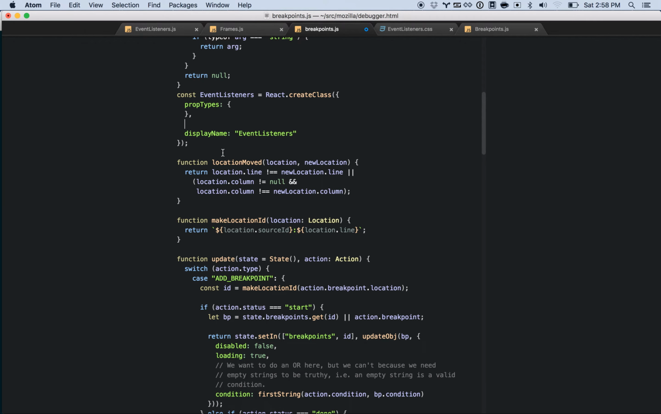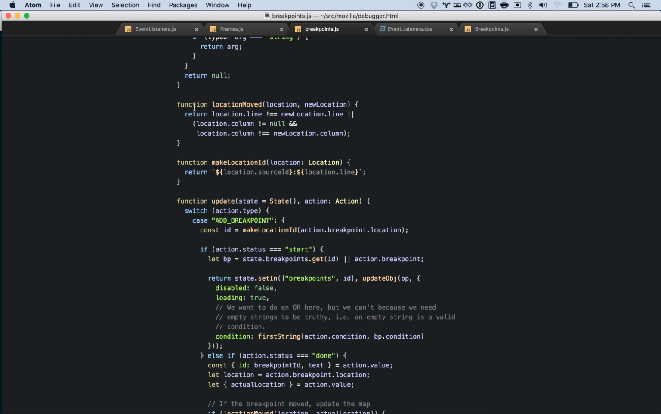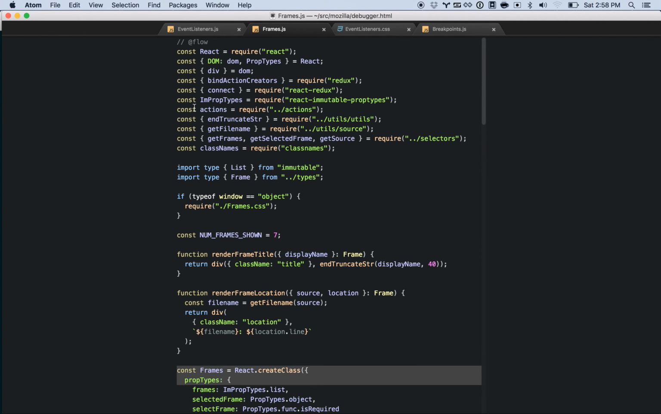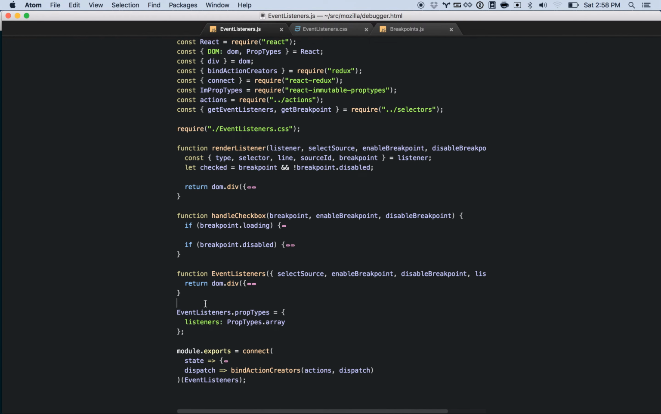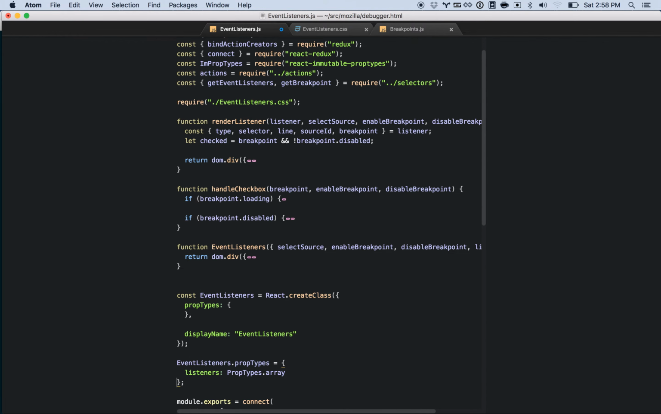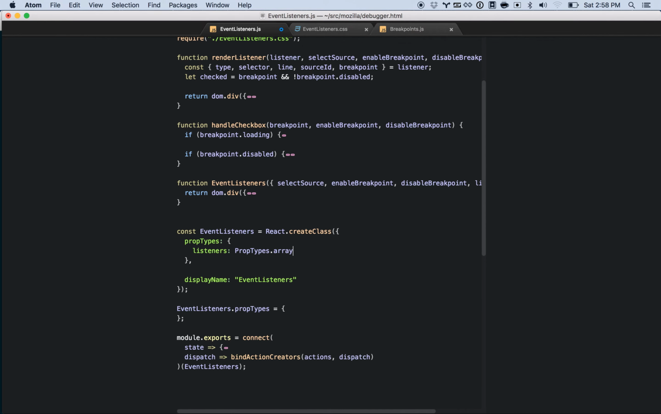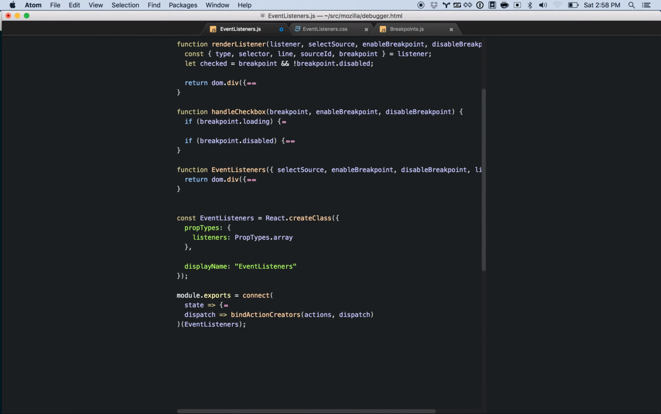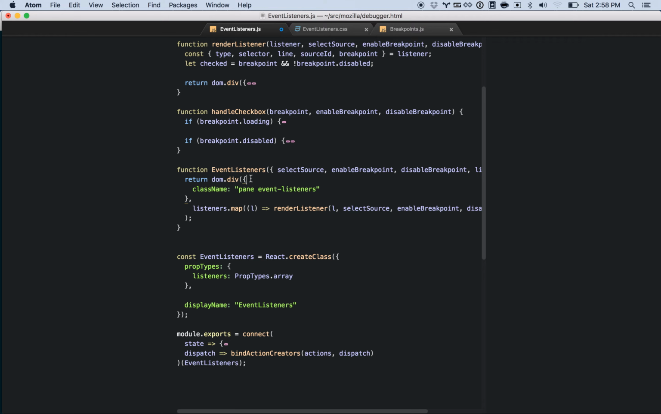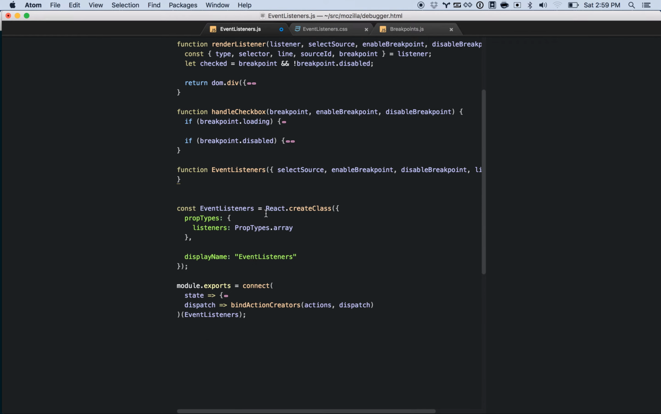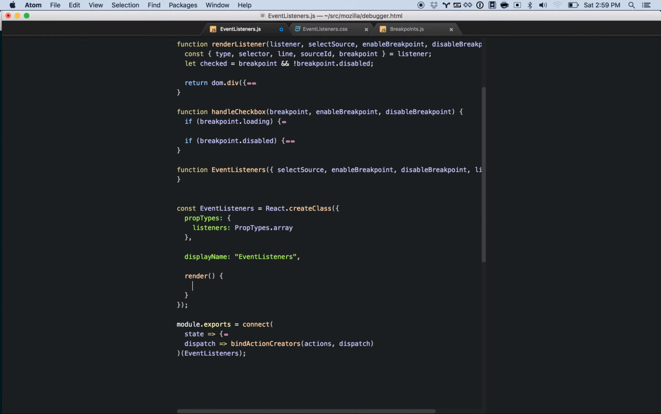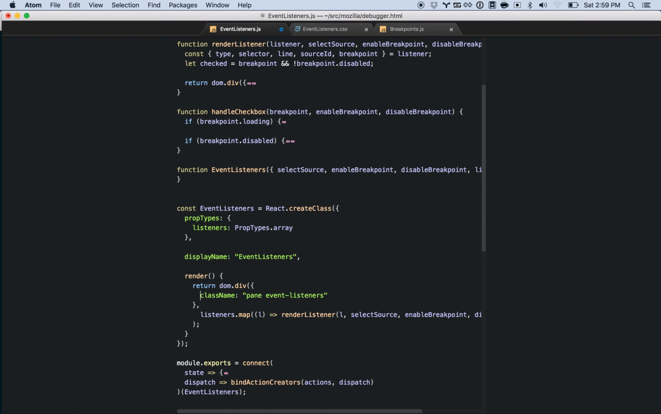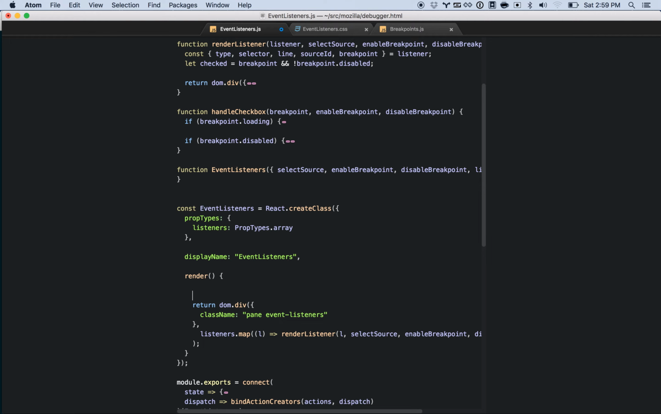And we had prop types. Did I just start adding code in a random file? Yeah, I did. So we got these prop types, so we'll copy that in. And we got this event listeners component, and that's just going to become our render function, which takes nothing. And then we need our props, which will be